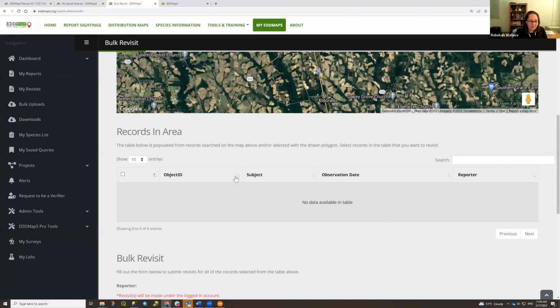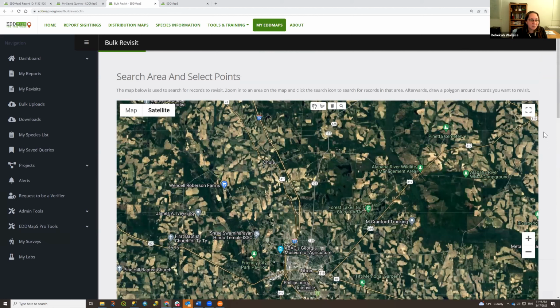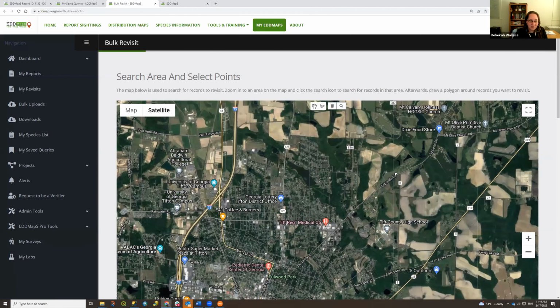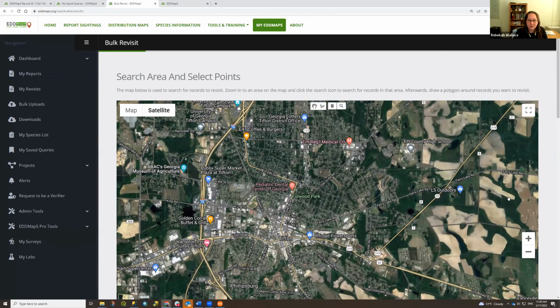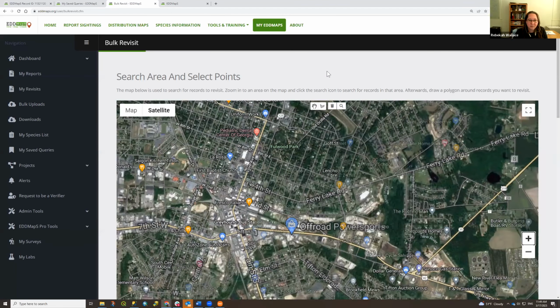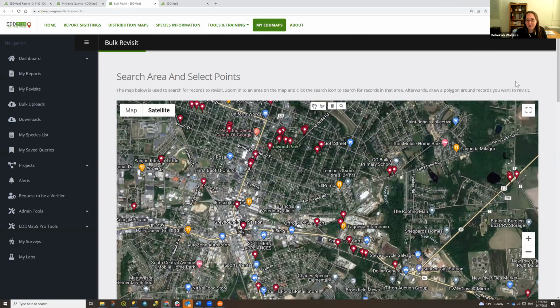And what is, click on the map, search icon, here we go. Oh, I need to zoom in further. Makes sense. All right, let's do a little bit further. Search, there are my records.